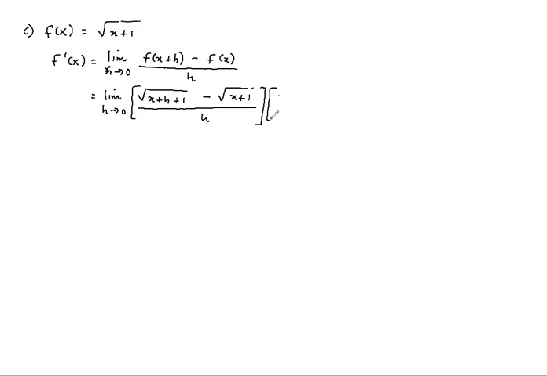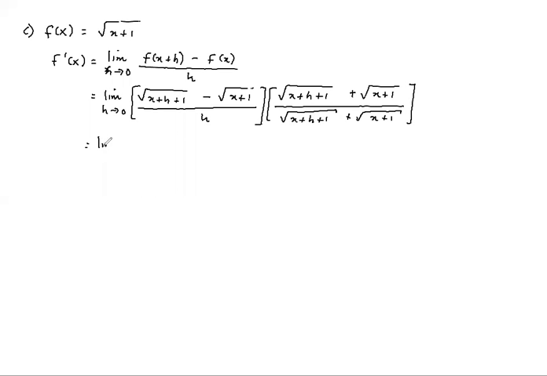So you multiply the top part by the square root of x plus h plus 1 plus the square root of x plus 1 and divide by the same square root of x plus h plus 1 plus the square root of x plus 1,